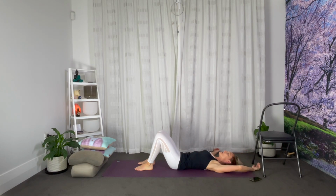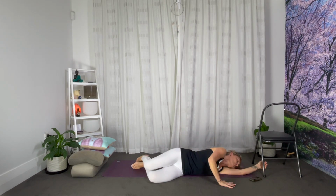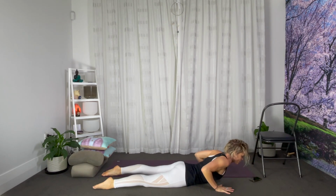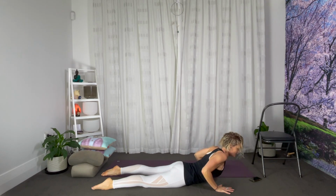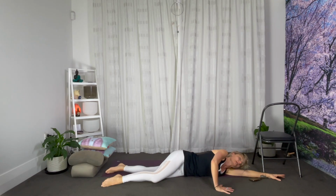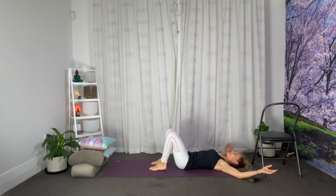So take your left arm above your head, let your knees rock to the left, take the right arm and let that roll you all the way onto your belly. At this point, plant your hands beside your rib cage and do a little cobra push-up. And then rest the forehead back to the floor, reach the left arm forward. Start to roll over, and as you do that, draw your knees in, and you'll end up back in that